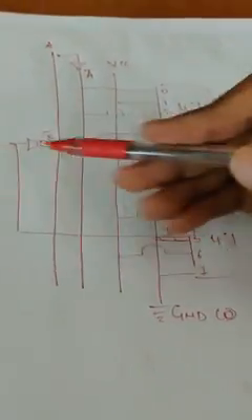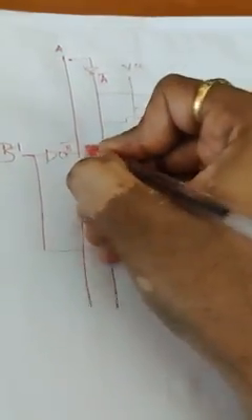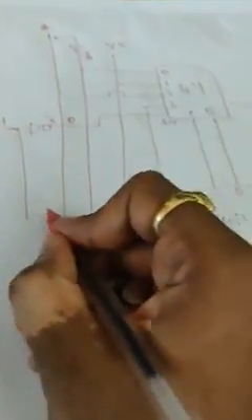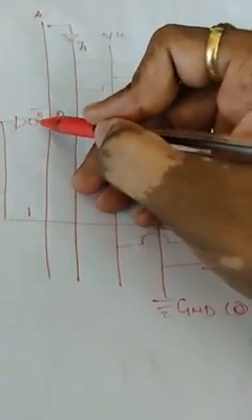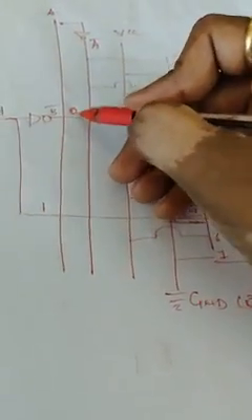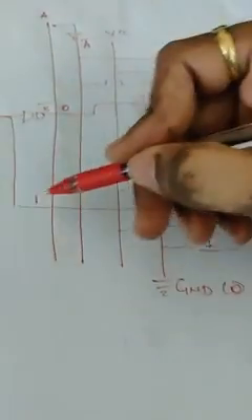So why should B be connected to the lower multiplexer and B bar to the upper multiplexer? Both should be named as enable. Enable and enable. B bar should be connected to the upper multiplexer, B should be connected to the lower multiplexer. When B is on, means when B is 1, this NOT gate will be converted to 0. So 0 upper gate, 1 lower gate.